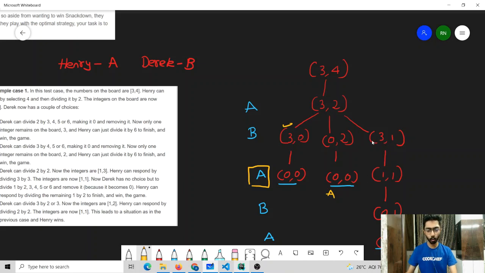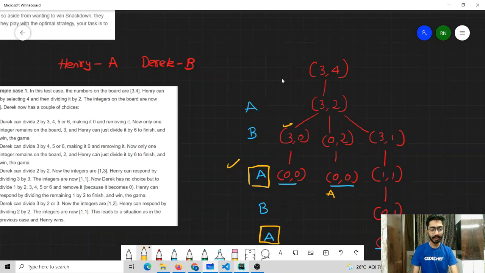But in this case, what A can do is, he can select this number 3 and divide it by 3. In that case, we will be left with 1, 1. And if we are left with 1, 1, in the next move, B has to select one of these numbers and divide it by any number like 2, 3, 4 or 5. And since all of those are greater than 1, we will be left with only 0, 1. And in the next move, A can select this value 1 and divide it by a number like 3 or 4 and we will be left with 0, 0, which is again an end state and a winning state. So in this case also player A wins. We can see that player A always has an optimal strategy to win this game. So the winner of this game is going to be A. In our case, A is represented by Henry.